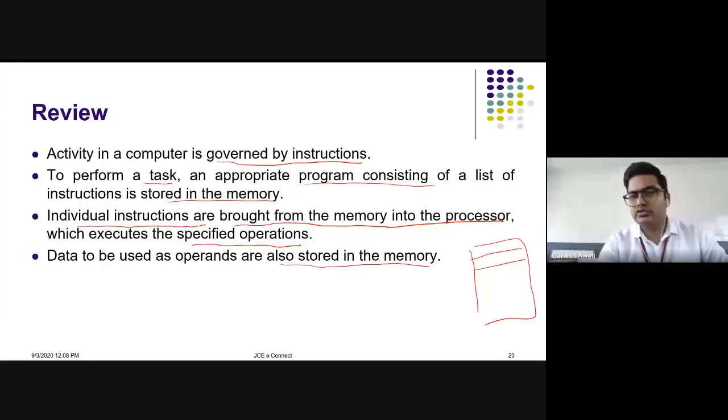So you will be having your instructions and data stored in the memory, and this memory will have addresses. In simple words, say address 1, 2, 3, 4, 5, 6, like that. You need to take that to your CPU or ALU, or the processor. So you have to take this data or the instructions from this memory to the processor. Understood?